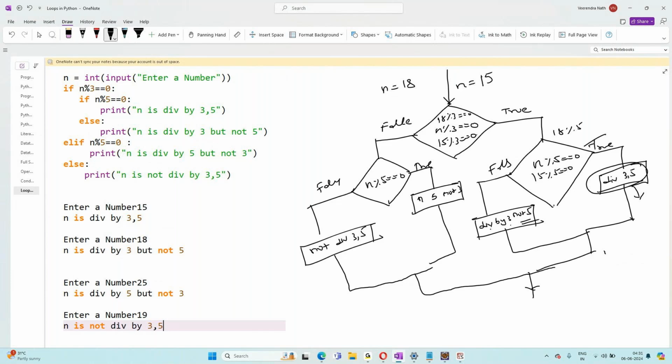Now we took n is equal to 25. So 25 mod 3 equals 0 is false. False means you come here. Then you check 25 mod 5 equals 0. This is true, so true means n is divisible by 5 but not by 3. And if this is also false,